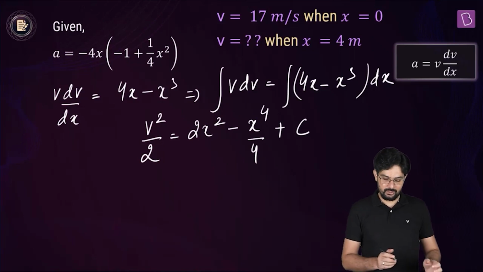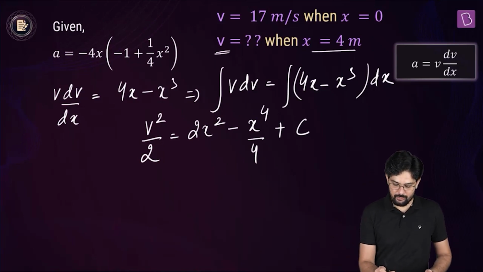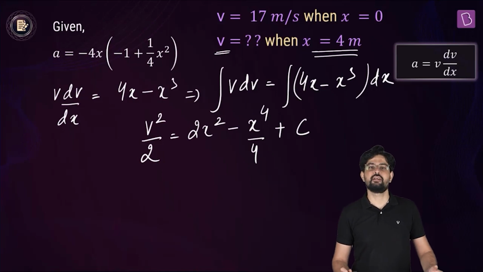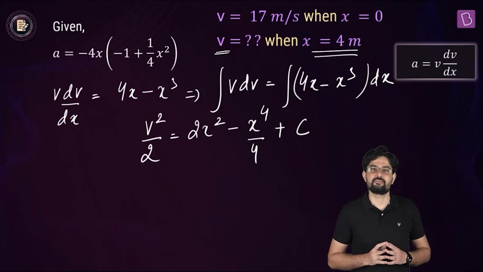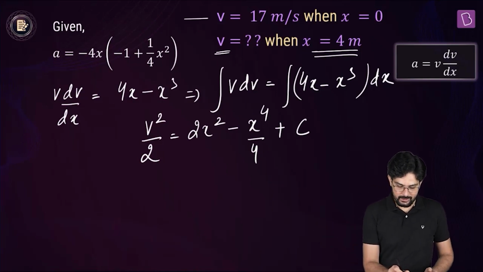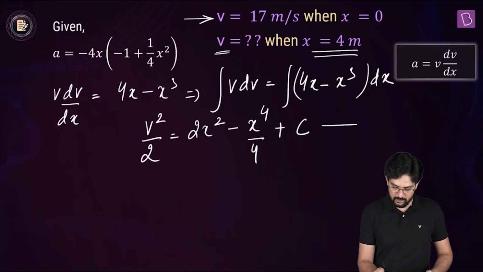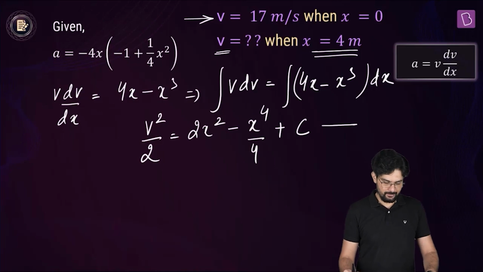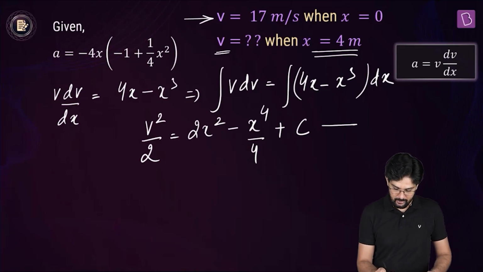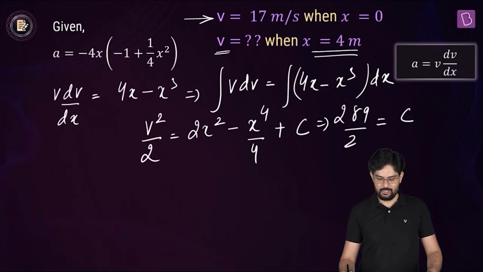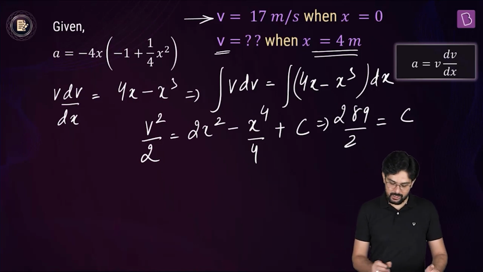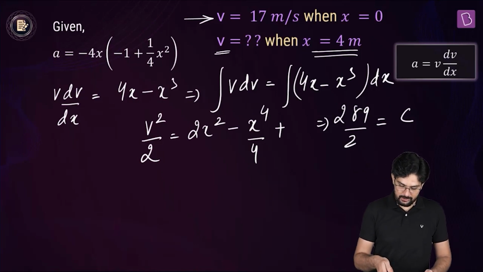So to find out the value of v at x is equal to 4 meter, first you have to figure out what is this constant. And that we can do by using this condition, right? So when you put x is equal to 0 in this relation, then you get v as 17. So let's put it here. So this becomes 17 squared, that is 289 divided by 2 is equal to c. So the value of the constant of integration is 289 by 2, and the relation becomes